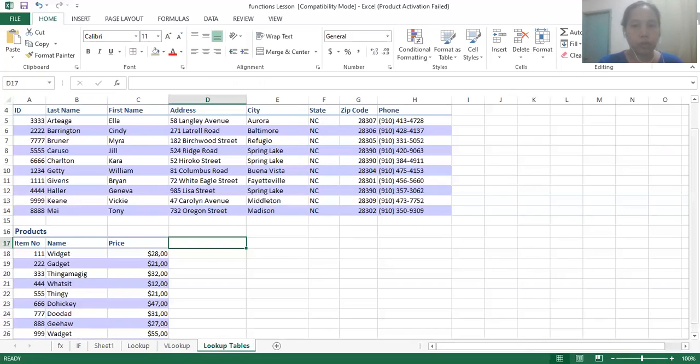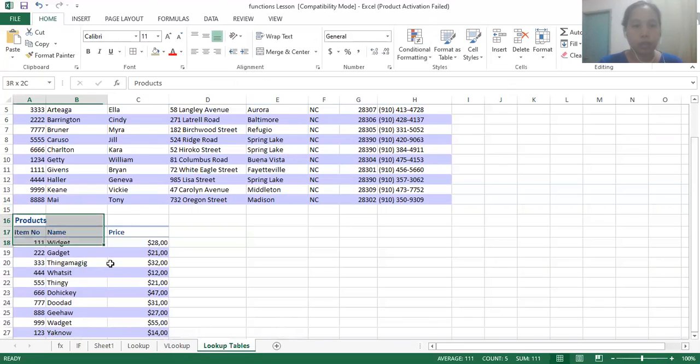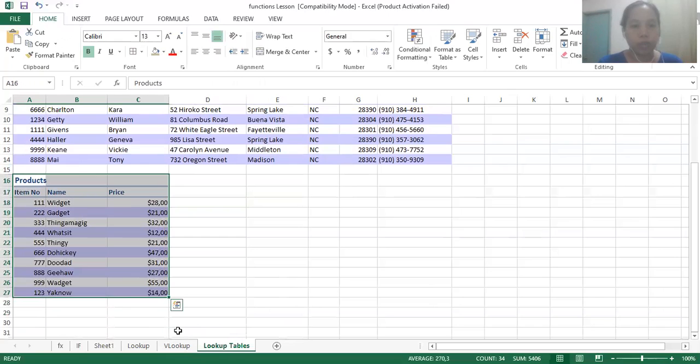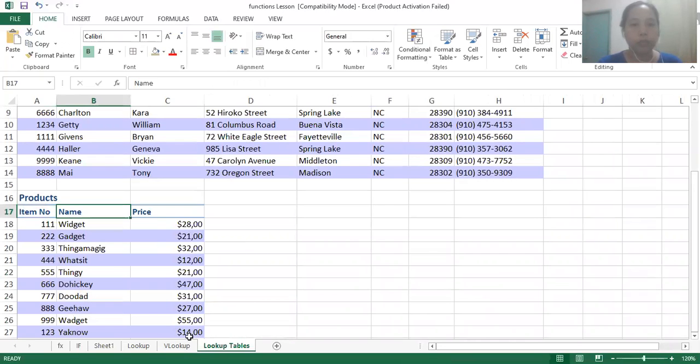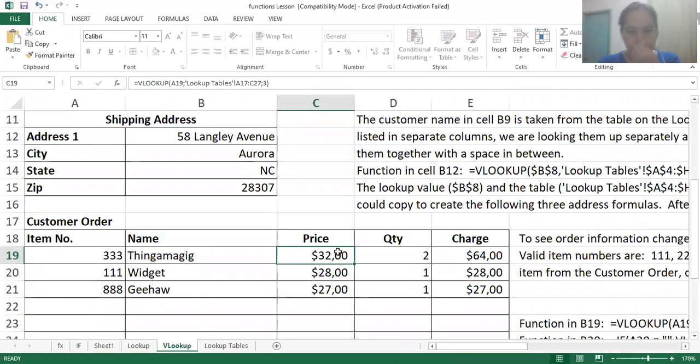Okay, so our lookup table is this one. The lookup table is on the other sheet. So we're going to look for the price.